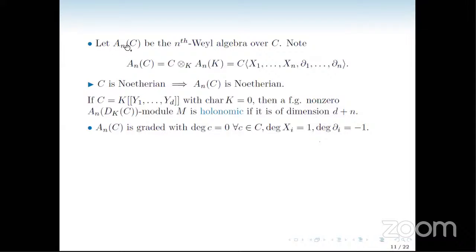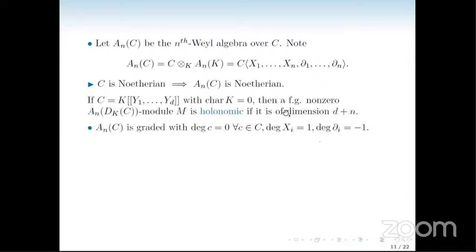Now let A_n, say, denote the nth Euler algebra over C, and observe that this can be obtained by tensoring C with the nth Euler algebra over K. Since C is Noetherian, by a non-commutative version of Hilbert's basis theorem, one can show that this nth Euler algebra over C is also Noetherian. So if we take C to be the power series ring in d variables over K,